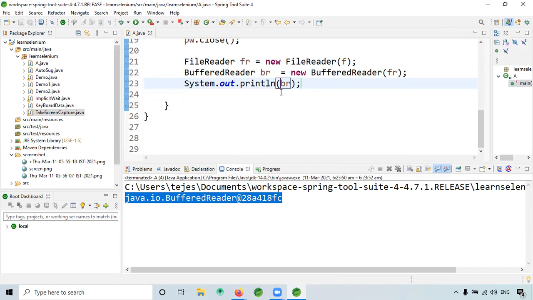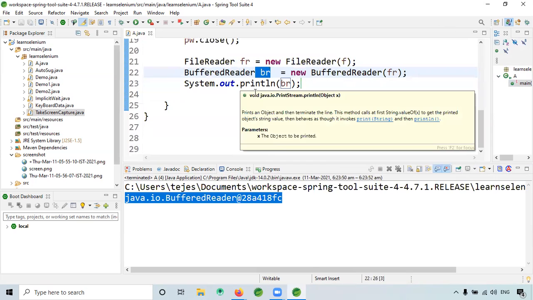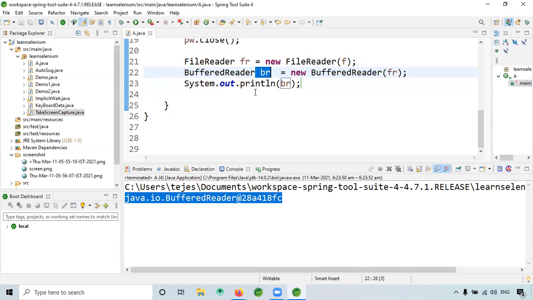So whenever the object prints, what we have to do is give it to a string and iterate. So how to do that? It's like String s is equal to br.